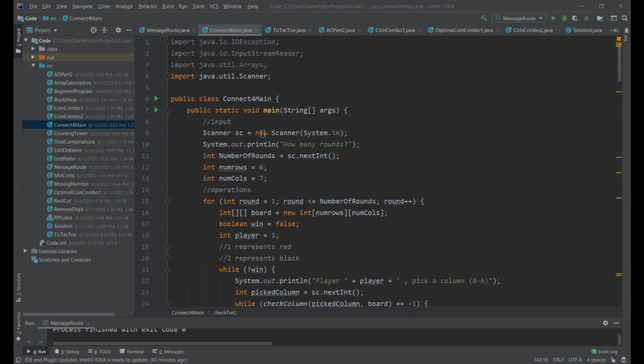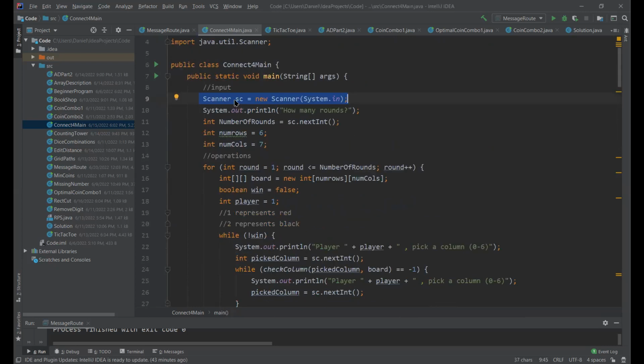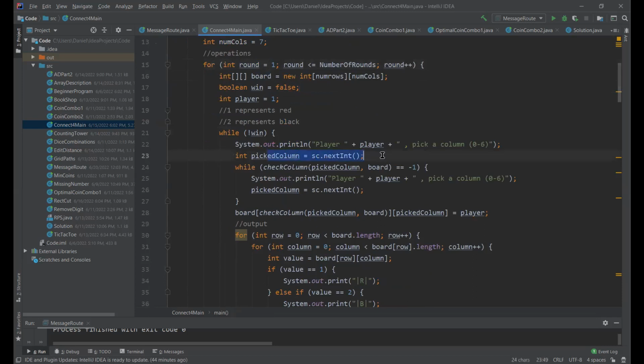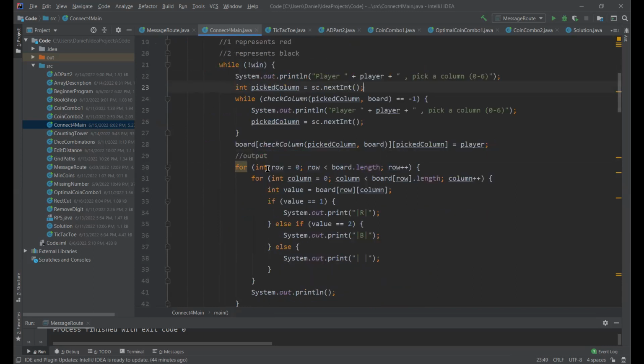So in this case, our input comes from the user by scanning their text in from a terminal, and essentially every time they type in a number, we can grab it in. The computer can take in that number, store it, and then it is able to use that stored number to do various things. In this case, the specific stored number is going to be the number of rounds, which tells the program how many times to repeat, which is what for and while loops are for. And then the next input that the player does is the column they pick whenever it's their turn. And so using these two pieces of input, we can then transform these inputs into an output that we actually want. And these operations are specifically